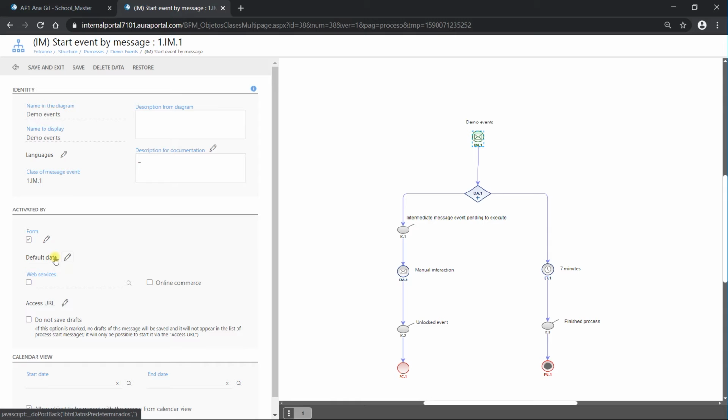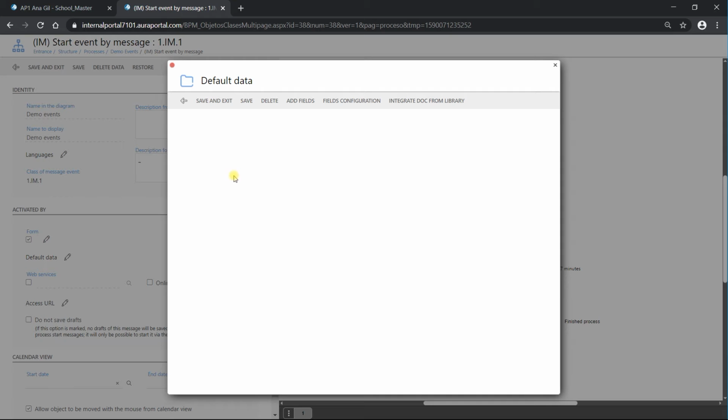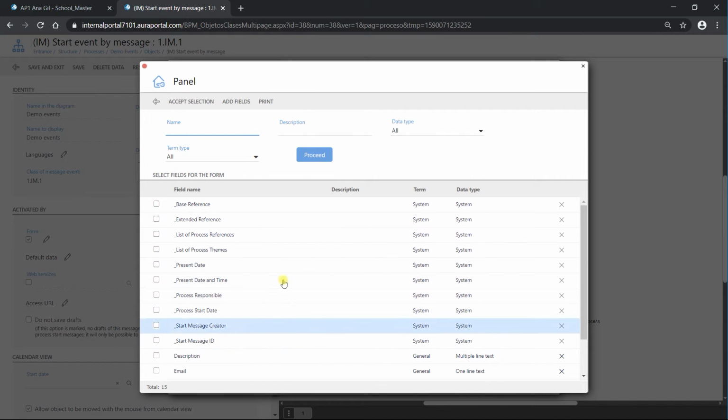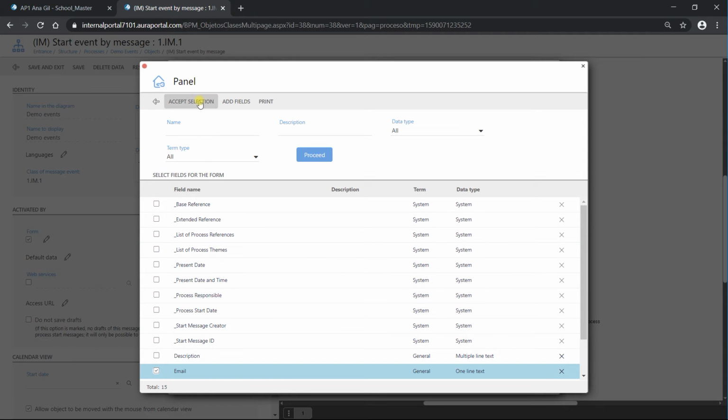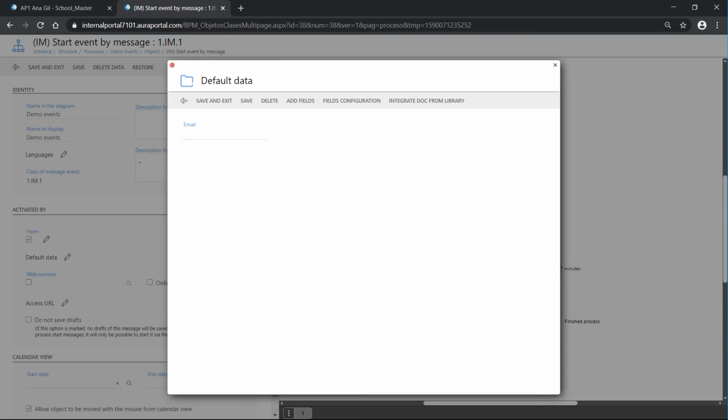We didn't have this option before, it's just appeared now because we have created the form. Once we have saved the form and the default data option appears, we can see here. And now we can add any of the fields we have in the form. So I'm gonna add the email, and now the email I want to have as default data. Save